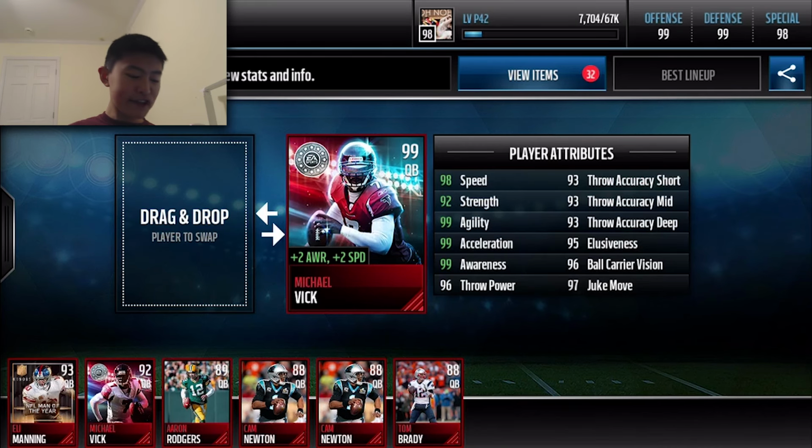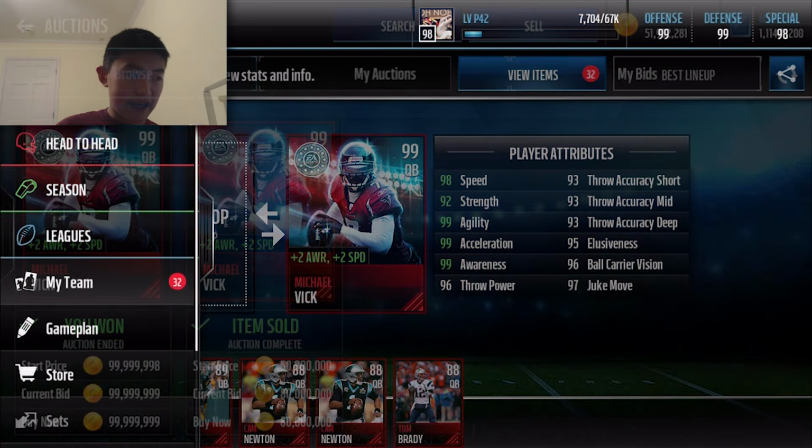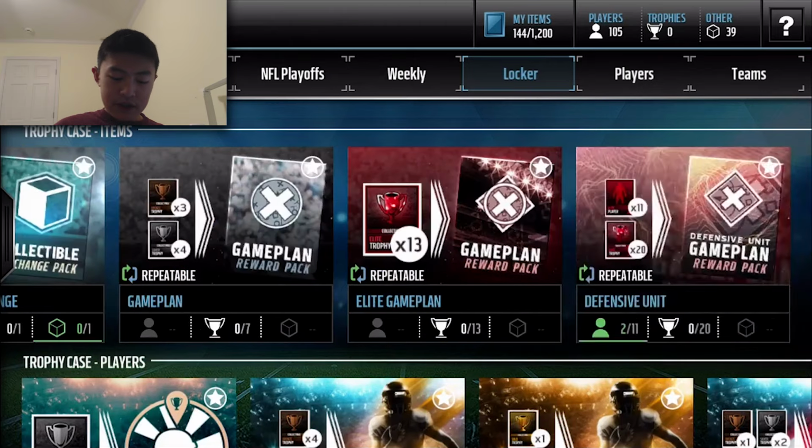What is up, guys? It is Swag here from RHA or Relic Army, and I decided to pick up 99 overall Michael Vick Career Tribute Edition. This card cost me 100 mil right off the auction house. I gotta add Matt Forte to my lineup to give him the extra +1 speed, but guys,